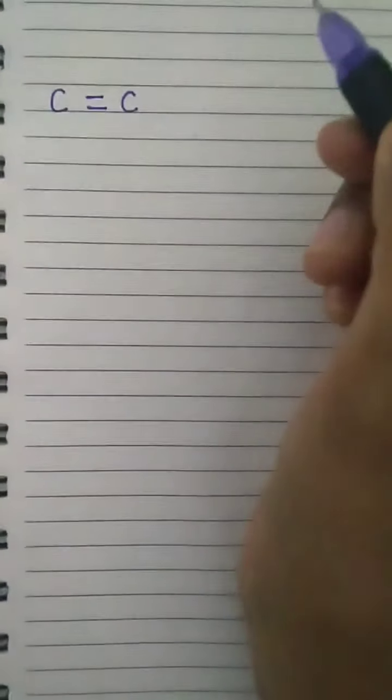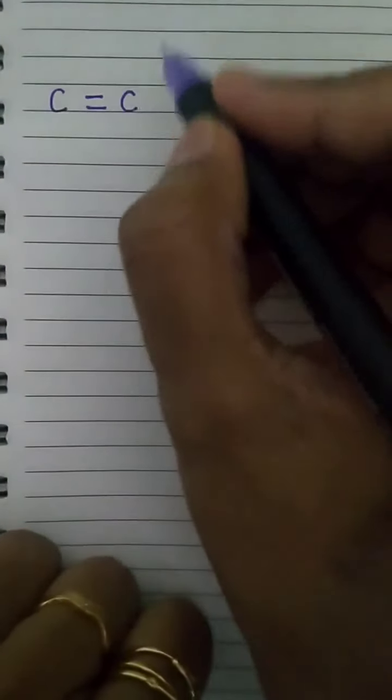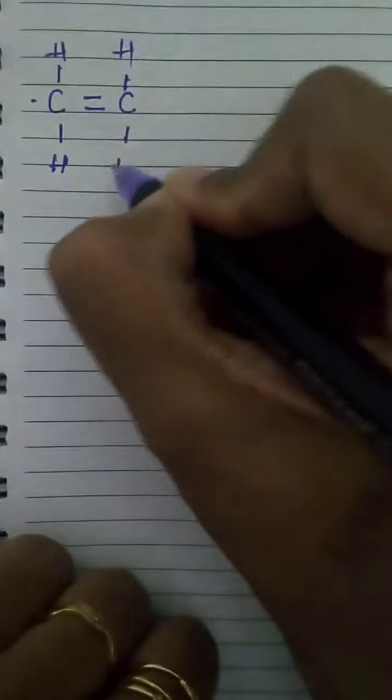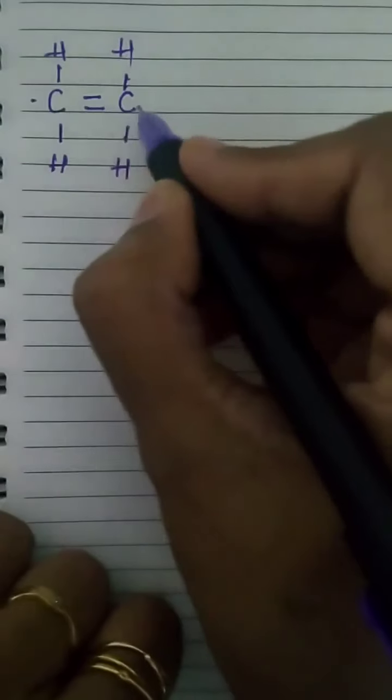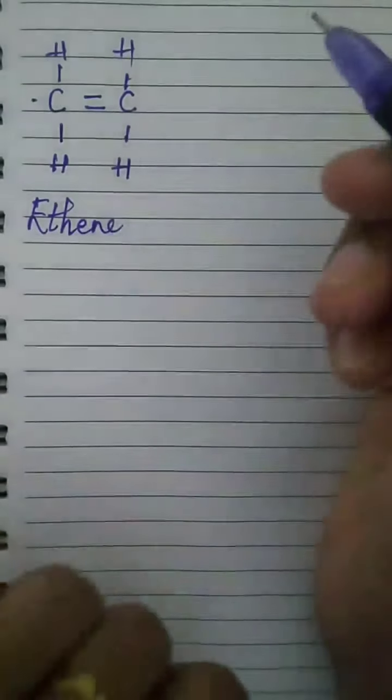Let us take a carbon compound which has a double bond. For double bond, you have to learn only this reaction. A carbon compound with a double bond. Let us satisfy the valency. Two done, so only two more to go. One, two, three, four. So this is methane, ethane and double bond. So this will be ethene.